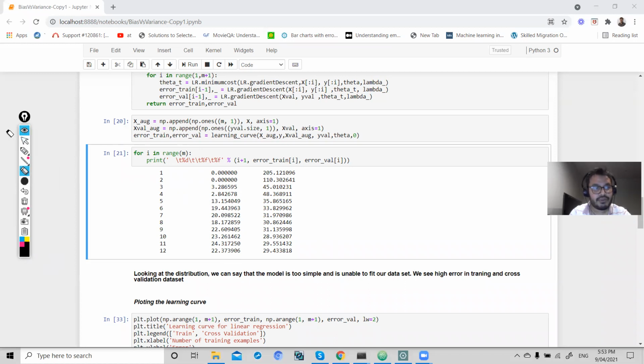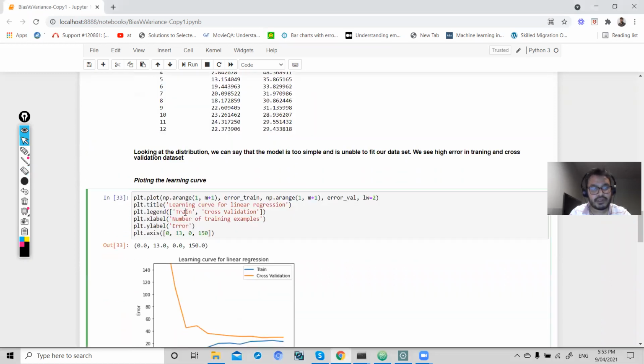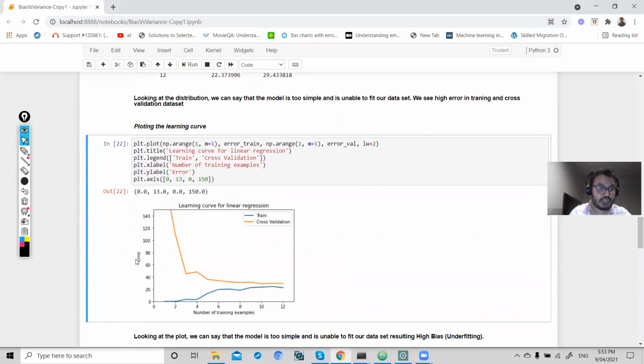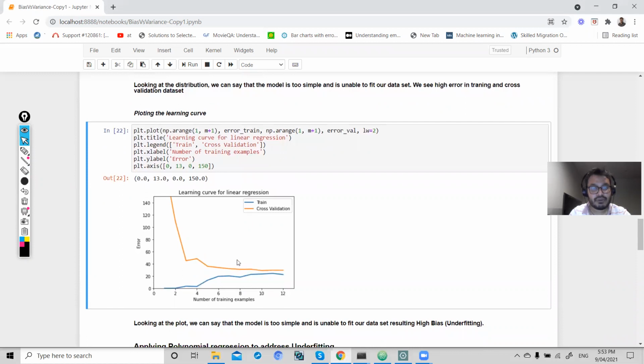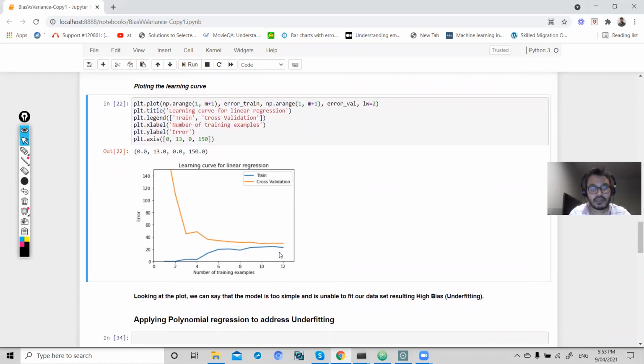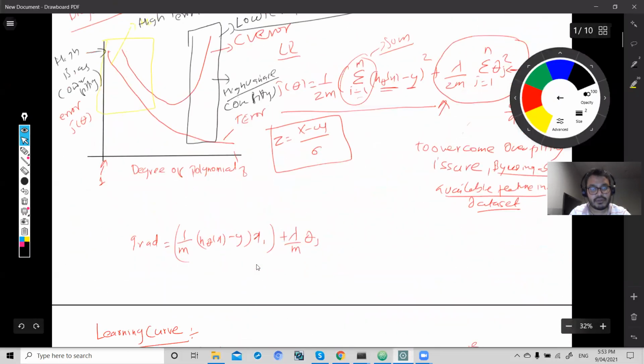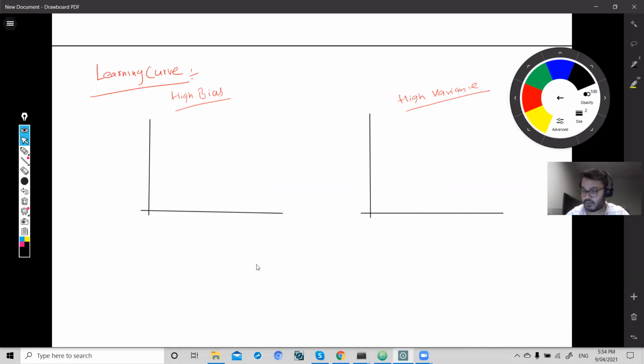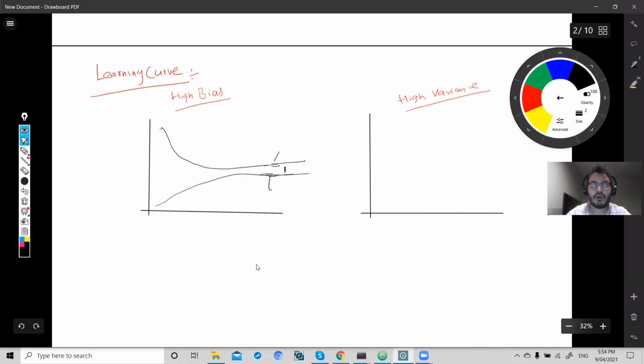Okay, so if we plot a learning curve here, error versus number of training examples, we see that my cross validation error and training error are consistent. So this follows a pattern like this. If my learning curve has a pattern like this, where there's a gap between my training and validation error, and this gap keeps on increasing no matter how much training data we add,